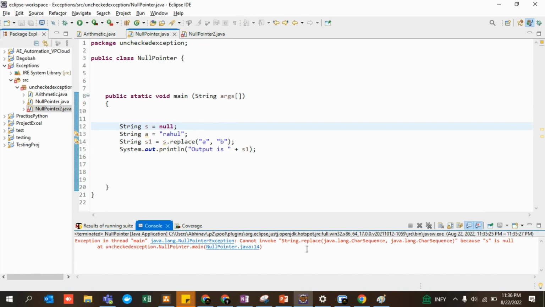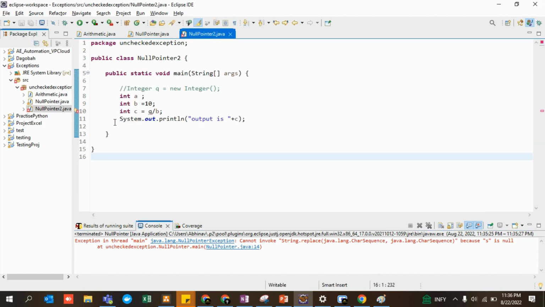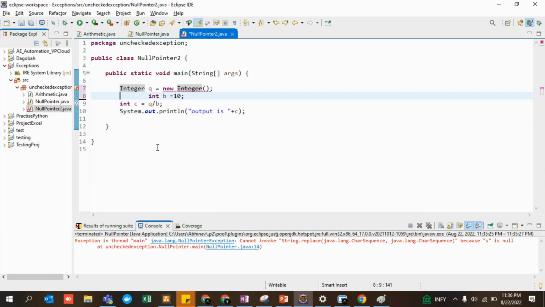Now this was all about your null pointer exception. But now coming back, something happens when we come to this particular example, right? So guys, I'm just removing this particular line so that you don't even see this.